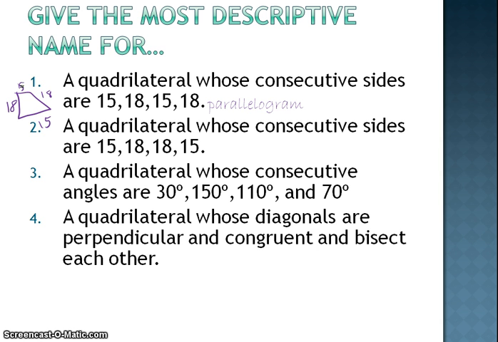Number 2. A quadrilateral whose consecutive sides are 15, 18, 18, 15. Alright, so let's draw this again, a non-assuming quadrilateral, because we don't want to assume anything. So, I see I do have sides congruent, but they're consecutive, not opposite. So, in this case, I have a